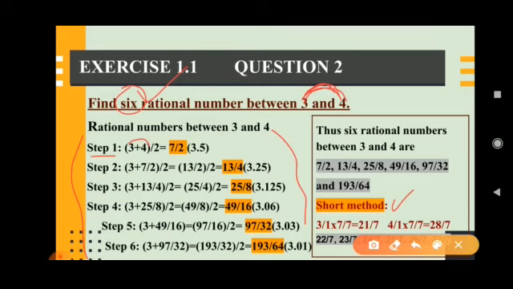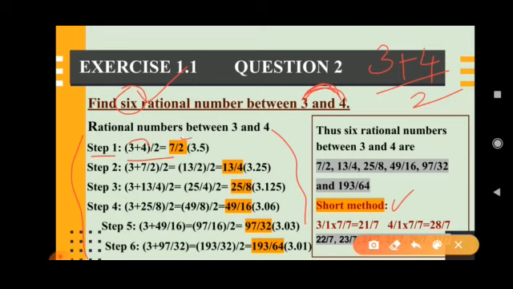As you all know how to take the average of two numbers. Average of two numbers, how will you take? Just add the two numbers and divide by 2. The same steps we are following here. So here the first step is taking the average of two numbers. So the average of two numbers means 3 plus 4 by 2. 3 plus 4 is 7, 7 by 2. Clear? So we got 7 by 2 as a rational number.